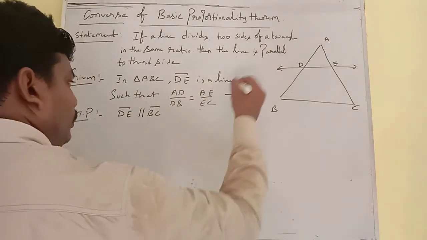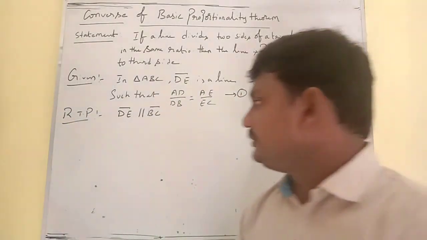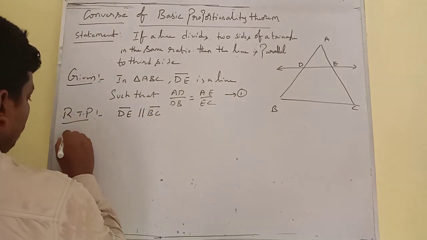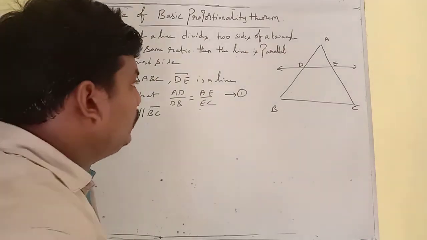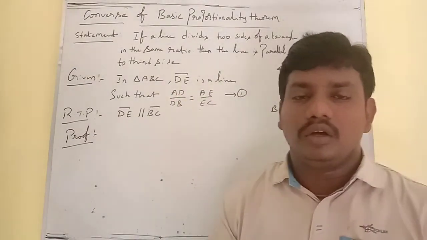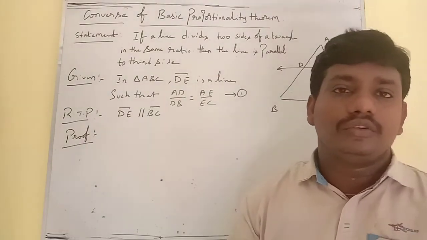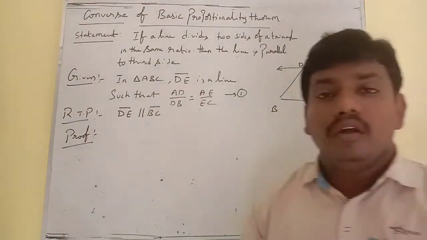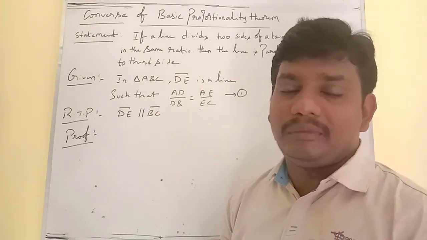Now to prove this we need some construction. Let me consider the proof. This type of proof is a converse proof, and there is no direct method. So we are going to use an indirect method of proof. In proofs there are two methods: one is the direct method and another is the indirect method. In the direct method, the given statement, that is called the hypothesis,